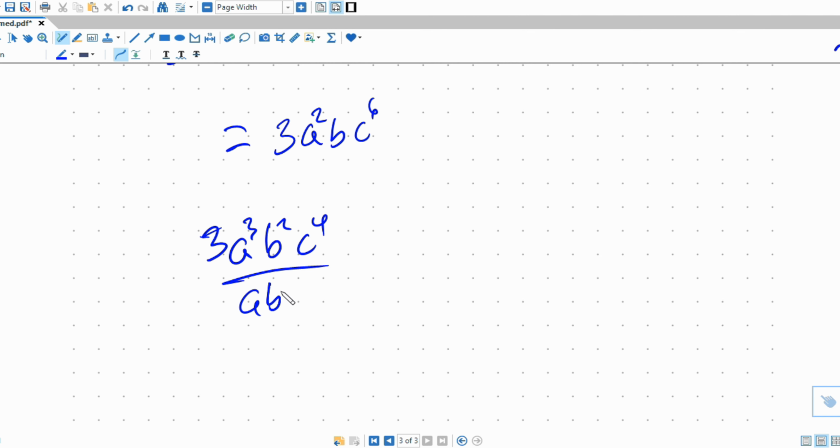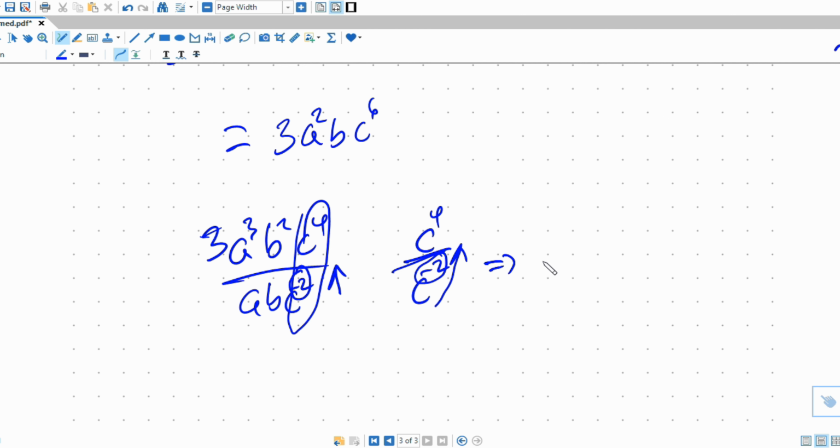Considering c raised to 4 and c raised to negative 2, this c raised to negative 2 can cross the horizontal line, and then the sign of the power changes, and that is, you shall have c raised to 4 and then by c raised to positive 2, and from the product rule here we shall have c raised to 4 added to 2,